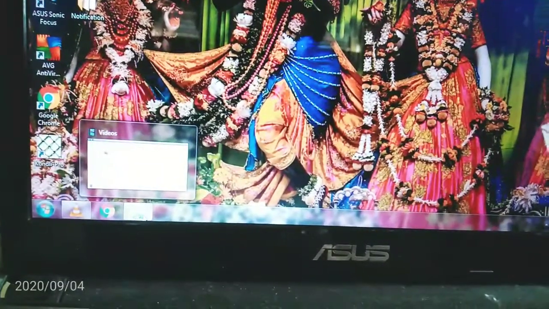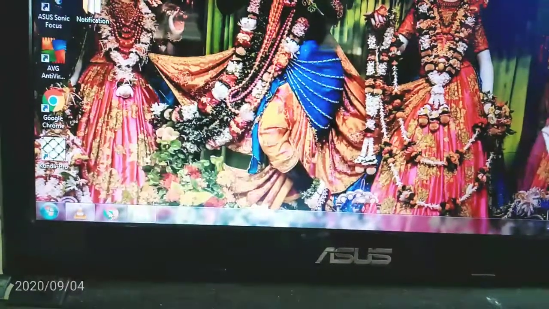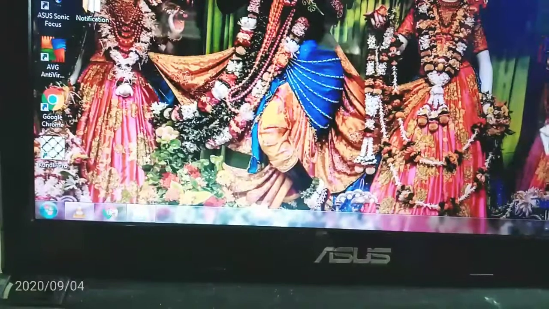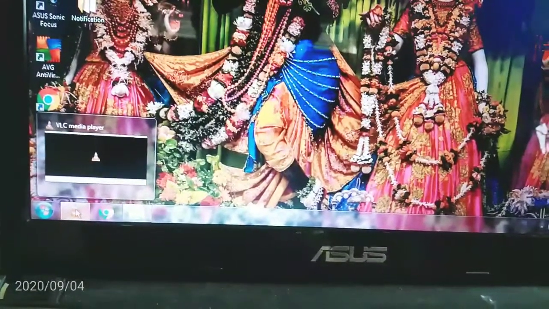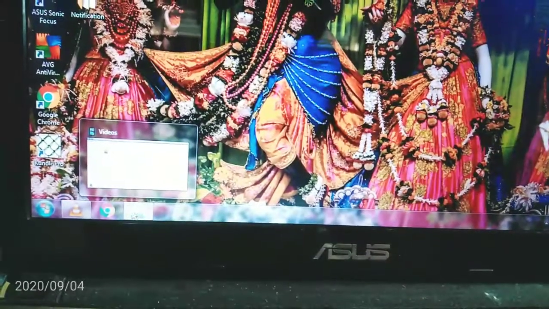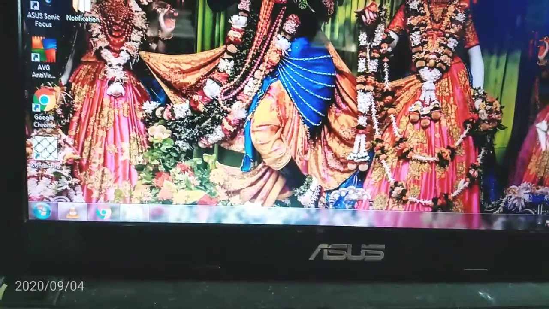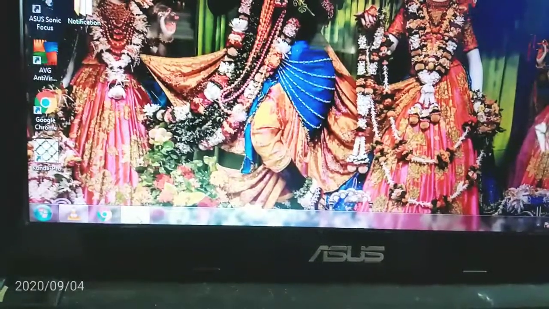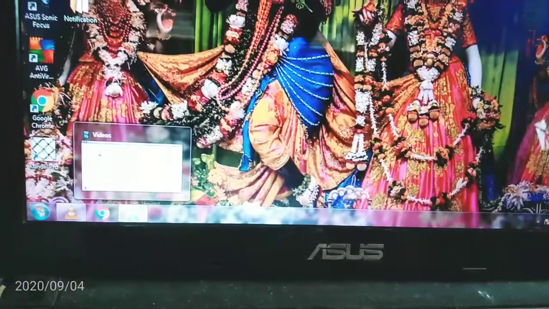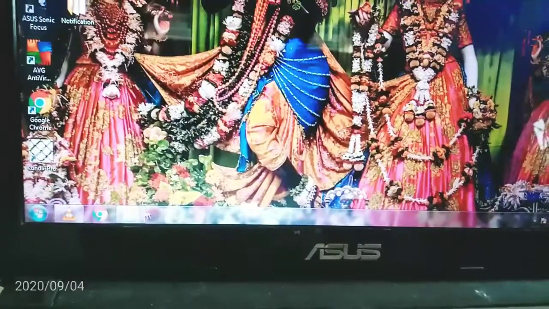Chrome is not open, so it is not showing. VLC media player is open, so it is showing like this. Then this Videos folder is open, so it is showing like this. It is called Live Taskbar Preview. And pinning is what? Suppose this is open, and you want to keep this icon permanently on the taskbar, then you right click here and click on pin.